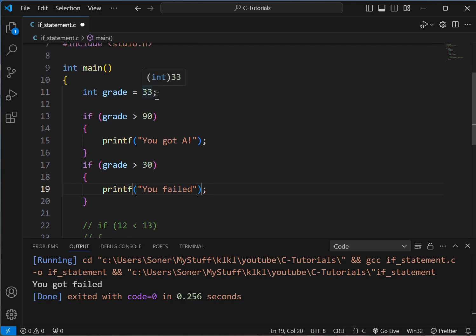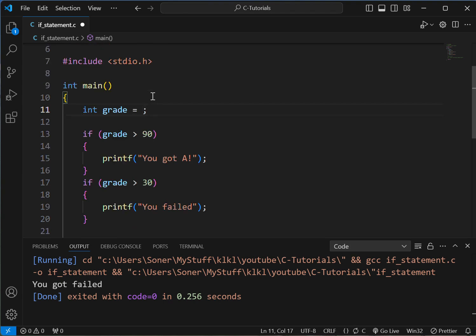What if it is 95? Again, let me show you something. If it is 95, the grade is greater than 90, so you got A, right? We expect only that, but there is some bug here that we need to solve. Basically, if you write them one by one, with if and if under each other,